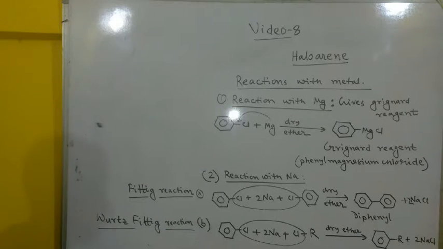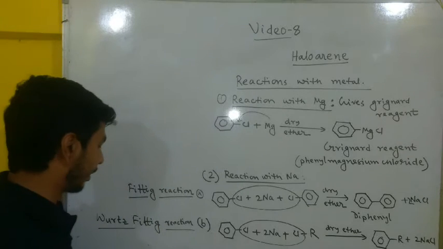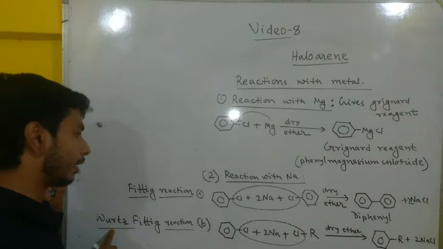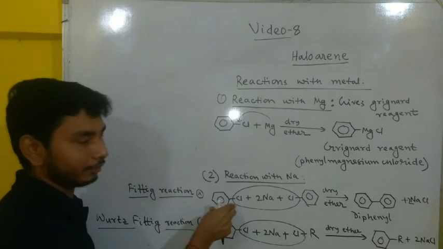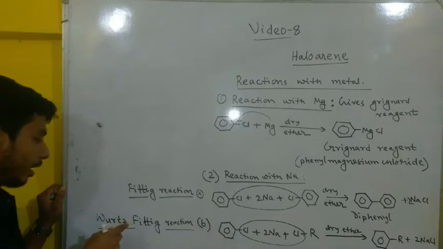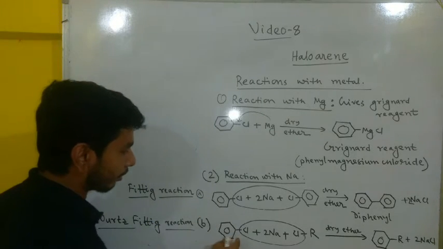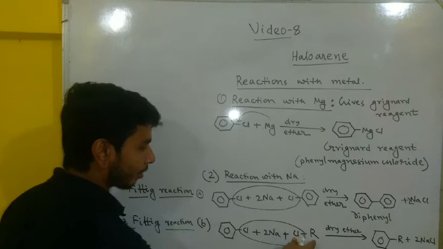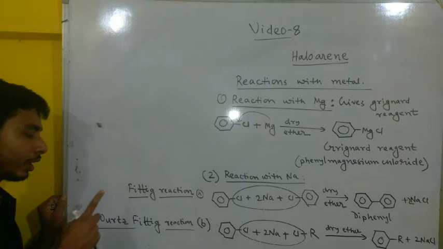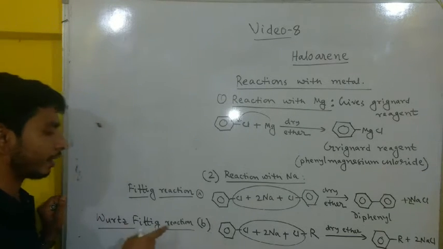It is called the Wurtz-Fittig reaction because in the Wurtz reaction, which we discussed in the reactions of haloarenes, we use alkyl chloride, and in the Fittig reaction we use chlorobenzene. But now we are using both chlorobenzene as well as alkyl chloride. That is, we are using the component of the Wurtz reaction as well as the component of the Fittig reaction. So the name of the reaction is Wurtz-Fittig reaction.